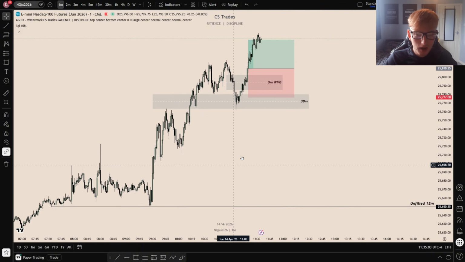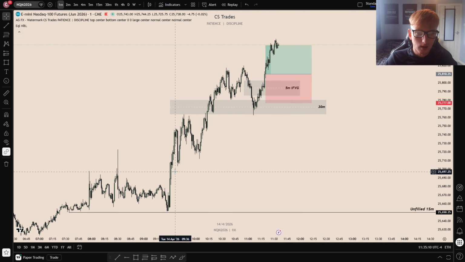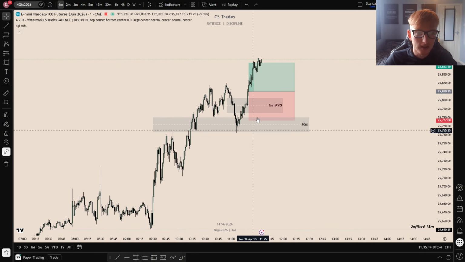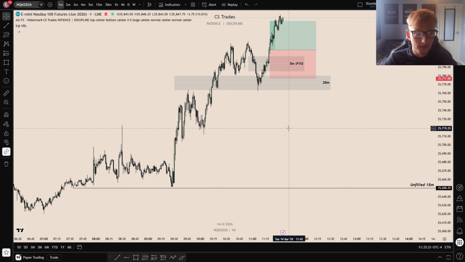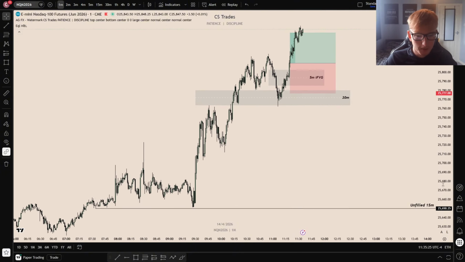So I'm going to break down today's price action. I'm going to go from the start of the session. There was a setup right at open that you could have potentially taken. And then there were a couple of losses that you should have avoided for sure. And then there was the trade of the day right at the end of the session. Well, after the session, sort of 11:20, that played out perfectly. That is such a shame that it didn't happen in the AM session, but it is what it is.